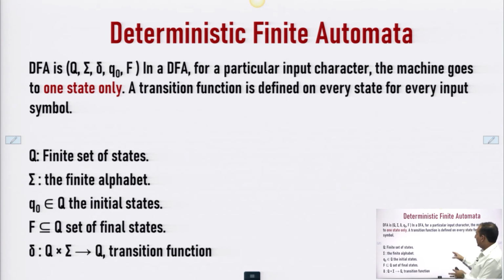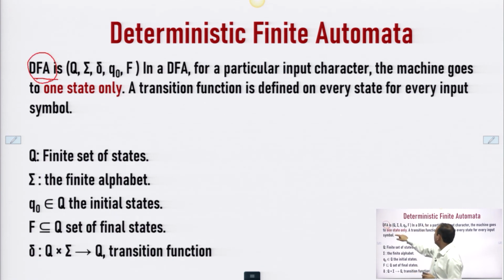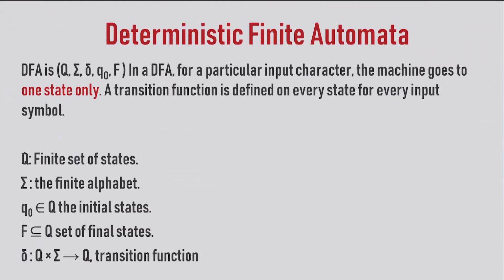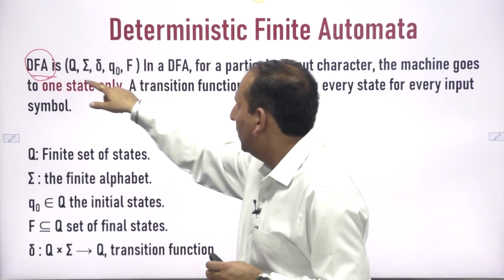In this slide, you can see the formal definition of deterministic finite automata, and in short it is known as DFA. So, DFA stands for deterministic finite automata, and it can be defined as again a set of 5 tuples where